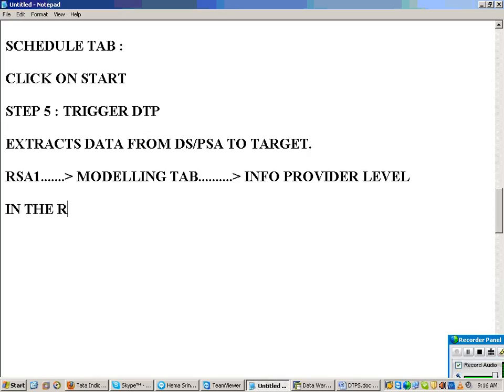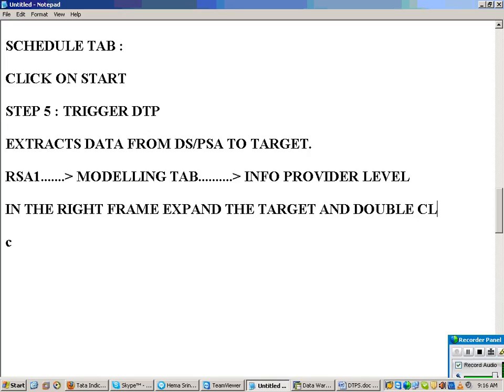Then in the right frame you have to expand the target and double click on Data Transfer Process.